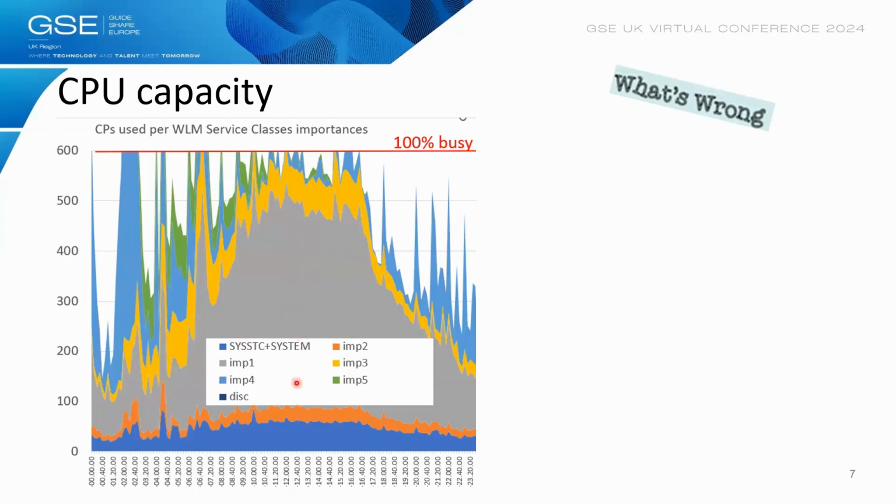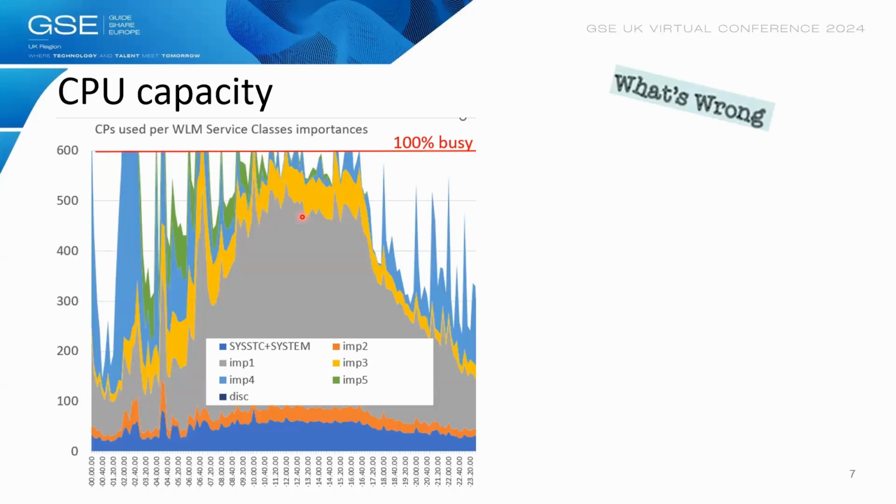Or system SYSSTC, right? So basically, if importance 1 workload has some unexpected peak, if we have more traffic than we expected, there will be very little to give, because the only thing that we can give are the lower importance classes, which may be like 10% only. That's a very, very dangerous situation. On a normal day it may be okay, but if you have a peak and there is higher demand for CPU for those high importance classes, then you are in trouble.